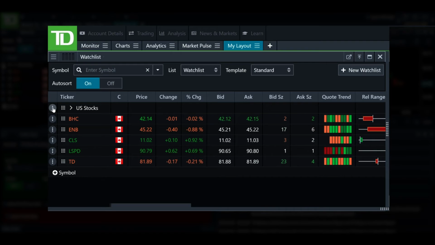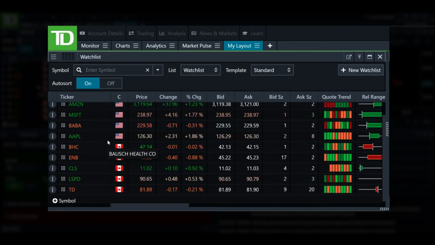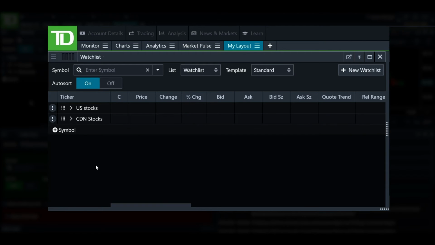The Action menu for the group allows you to dissolve and delete the group. Dissolving the group places the individual symbols back in your watch list. However, deleting a group will also delete those individual symbols from your watch list. Repeat these steps if you want to create multiple groups for your watch list. By collapsing and hiding groups whenever you want, you can create more space for your watch list.